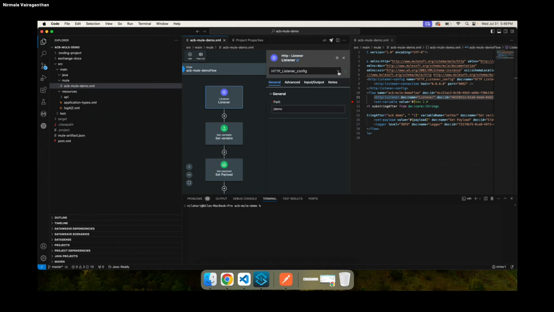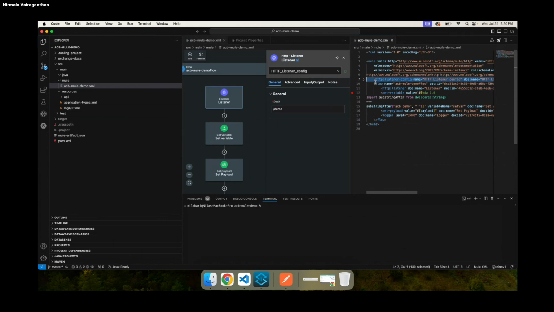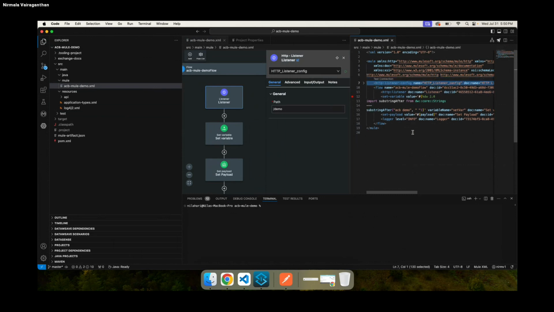So this configuration, you can either create it how we normally do in development, or you can create a global file and place this HTTP listener configuration over there. This is the listener configuration, and you can see an option called test connection, where I can test the connection on this HTTP listener, and